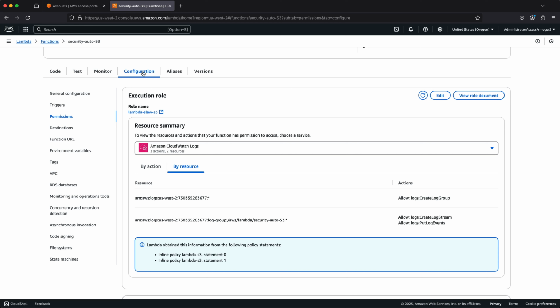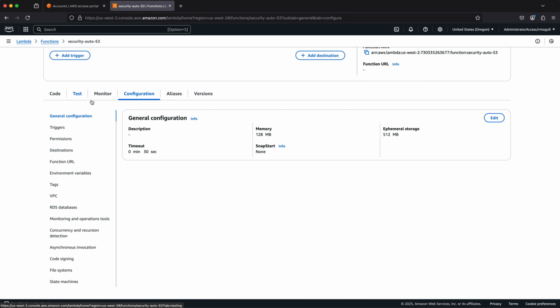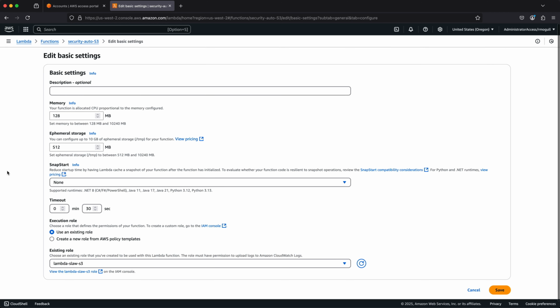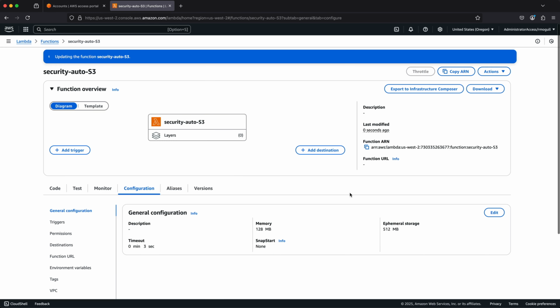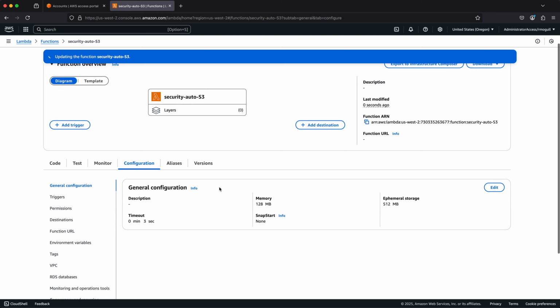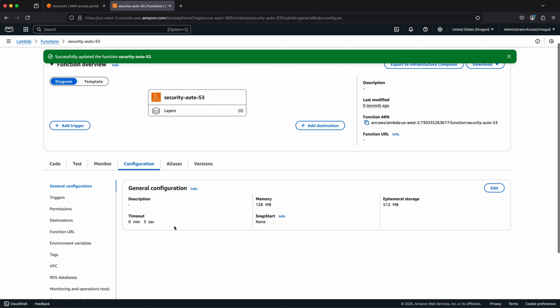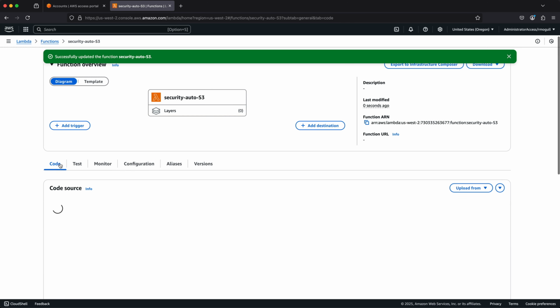And remember, Lambda functions will time out after a certain period of time. So we'll scroll down here, and I have to remember where this is. I think it's under general configuration. I set my timeout for 30 seconds, and normally it is 3 seconds, and I'm going to save that. Why? Because I have to get the screenshot for the blog post. So if it's at 3 seconds here, and I actually go to run my test again, so I'll go back to code,